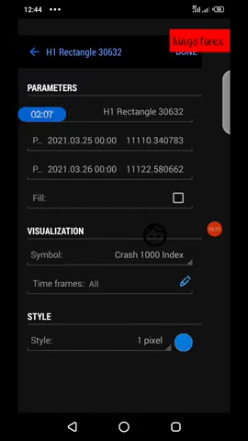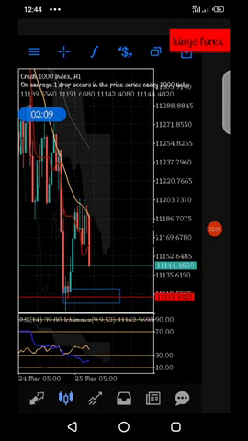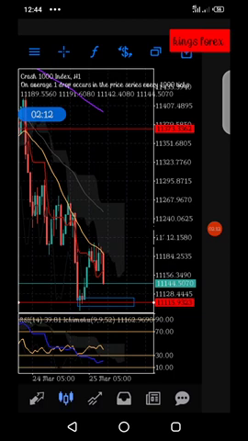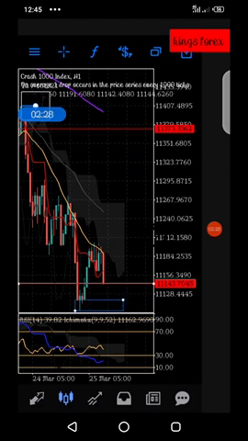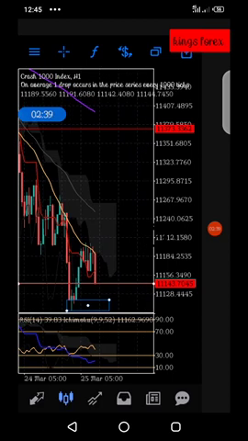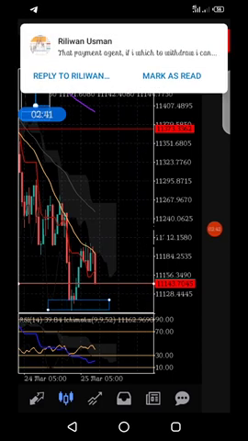I want you to see how you can do it. Mark your support like this. The marking we start from the close of the candles, the close of the last candle. See, this is the close here. You put it at the close of the last candle, and you put it at the ending of the wick. This is the wick of the candle, this is the ending of the wick. You put it like that.